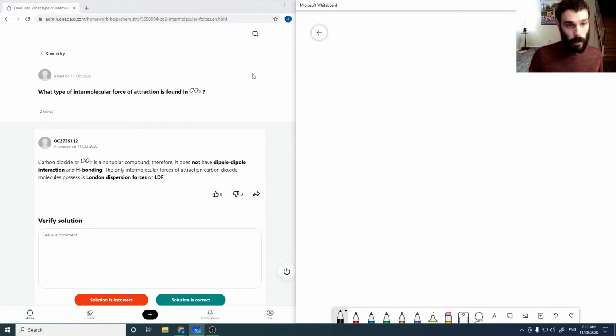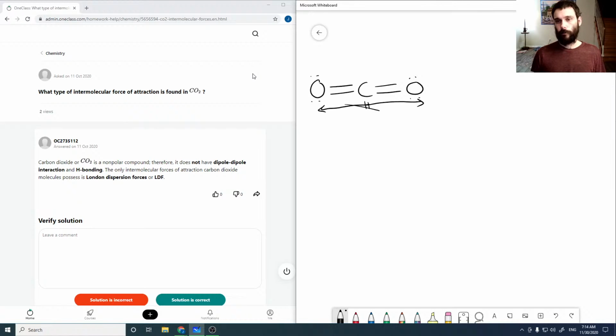Okay, so what type of intermolecular force of attraction is found in CO2? CO2 would be a molecule like this, and it's linear, meaning that although there is a dipole between a carbon atom and an oxygen, it cancels. So there's no dipole, and there's no hydrogen atom,